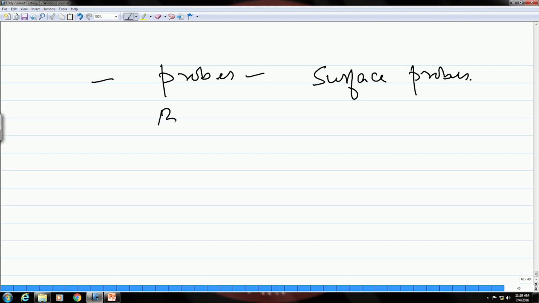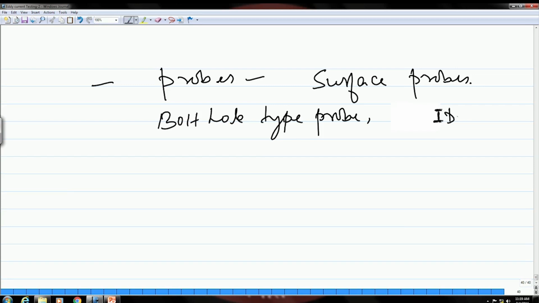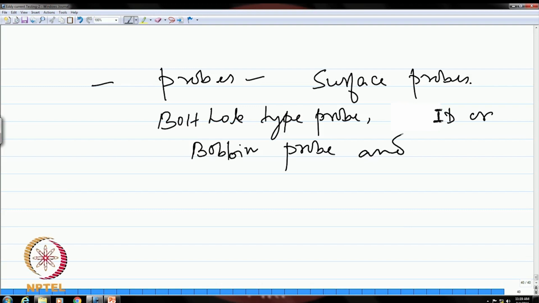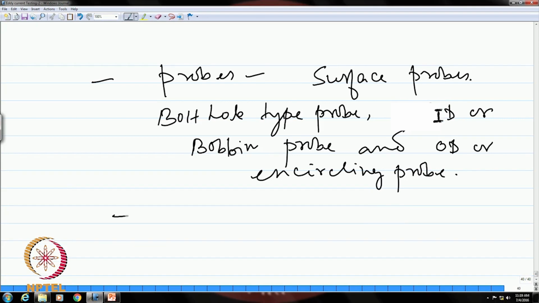Then we had bolt hole type probe, ID or bobbin probe, and OD or encircling probe. We also learned about the